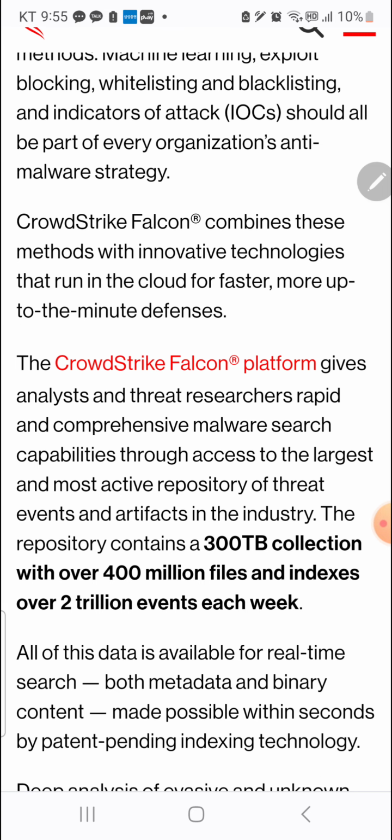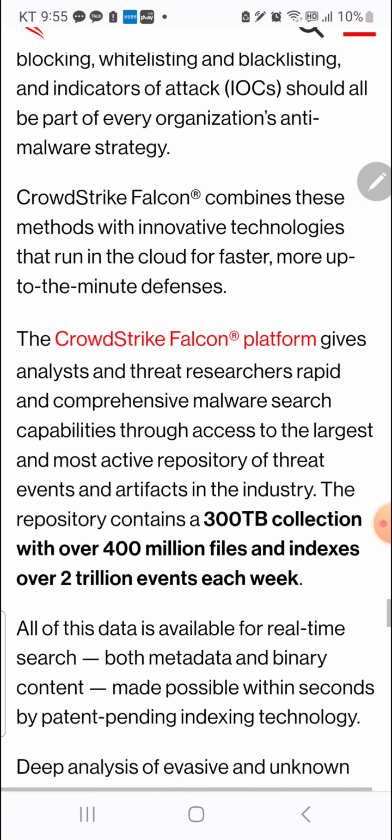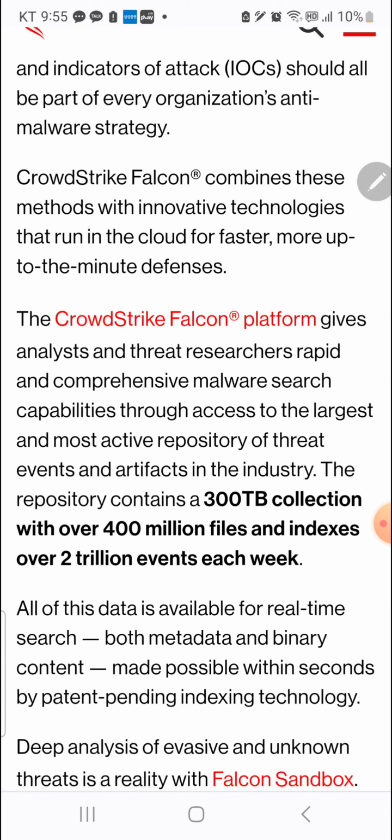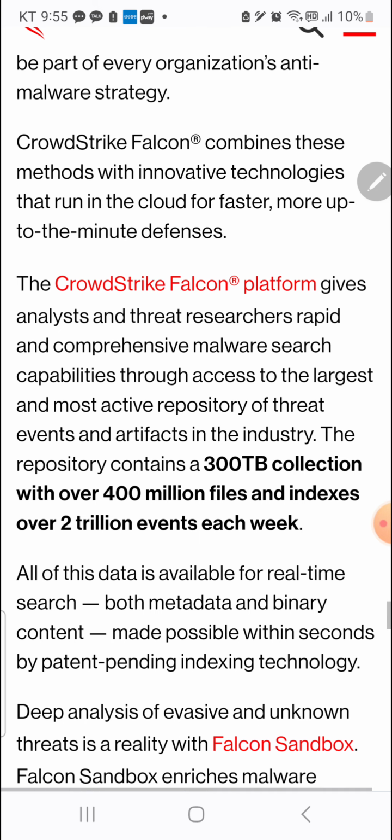The CrowdStrike Falcon platform gives analysts and threat researchers rapid and comprehensive malware search capabilities through access to the largest and most active repository of threat events and artifacts in the industry.